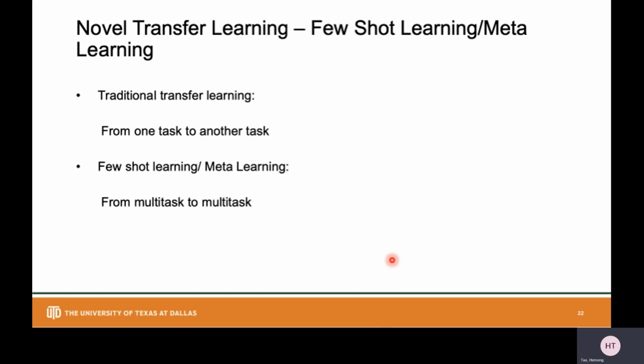Compared to traditional transfer learning, which often transfers from one task to another task, as you have seen before, there's often only one source domain and only one target domain. However, recent few-shot learning often transfers from multitask to multitask.